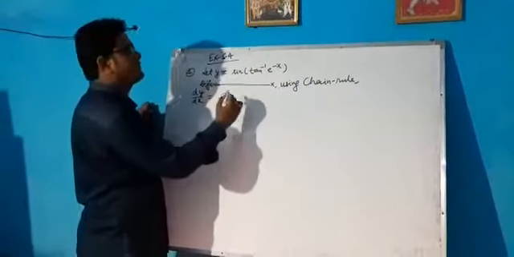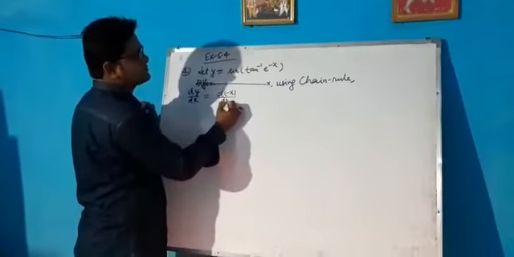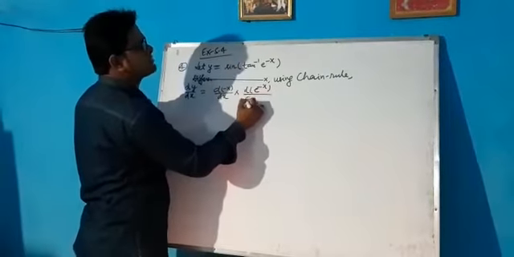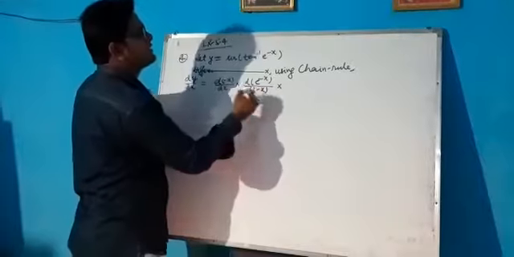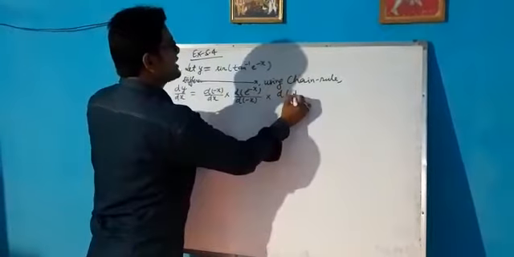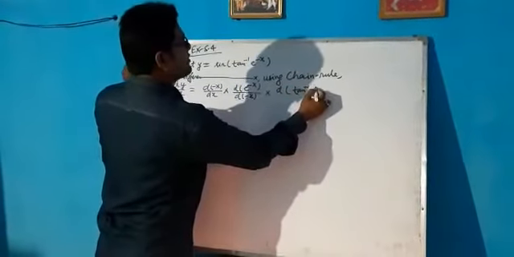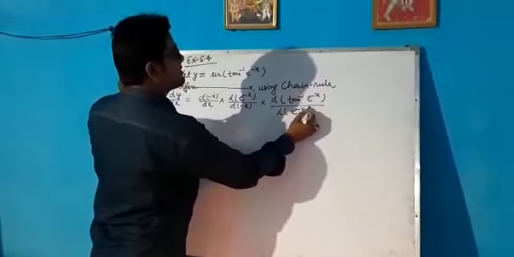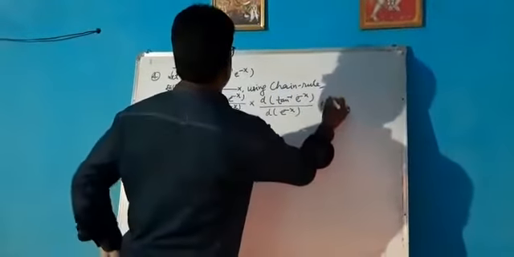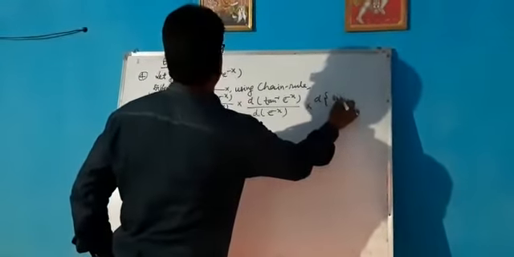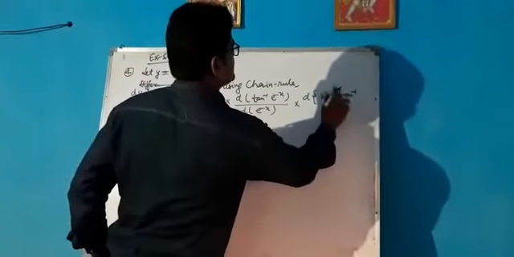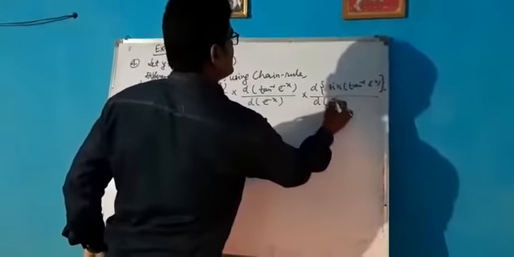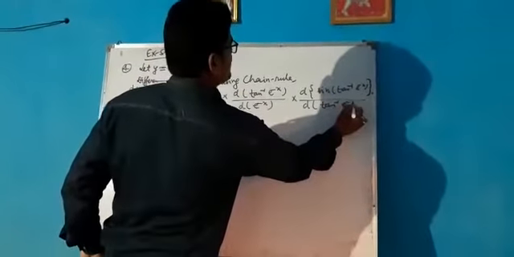Derivative of e to the power minus x is a function of minus x. So from basic function, derivative of minus x with respect to x into derivative of e to the power minus x with respect to minus x. Then derivative of tan inverse e to the power minus x with respect to derivative of e to the power minus x. Then derivative of sine of tan inverse e to the power minus x with respect to derivative of tan inverse e to the power minus x.